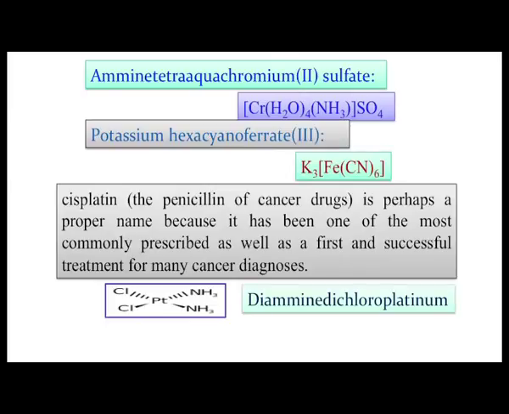So, now in a reverse way, if we understand all these things nicely, and if we write it in a running sentence, we sometimes write the complex like this: amine tetraaqua chromium(II) sulphate. So, when we read it, the reading will also immediately send a signal to you that we are seeing a molecule like this: the amine then tetraaqua chromium(II) sulphate.